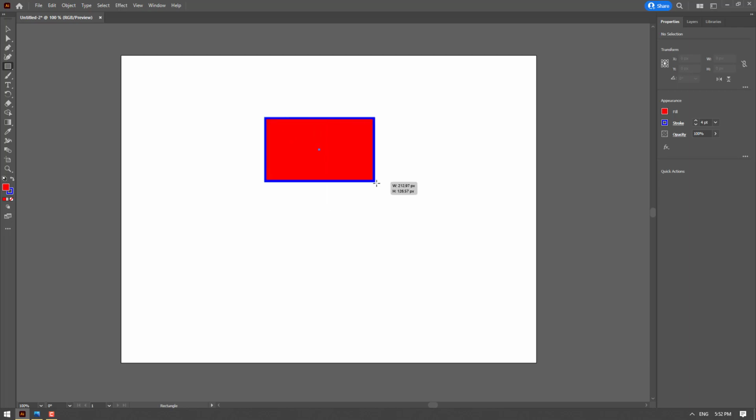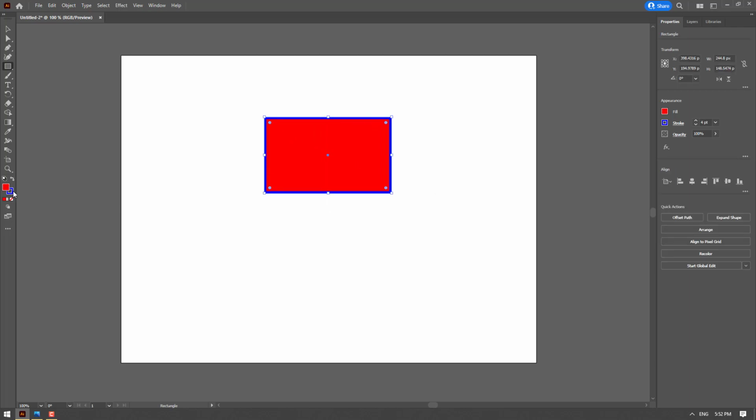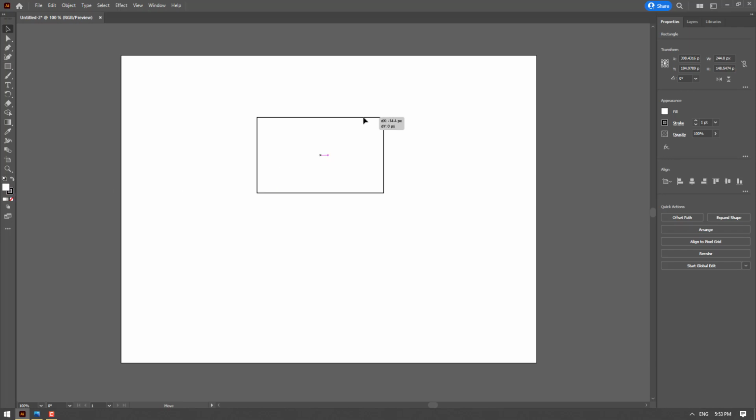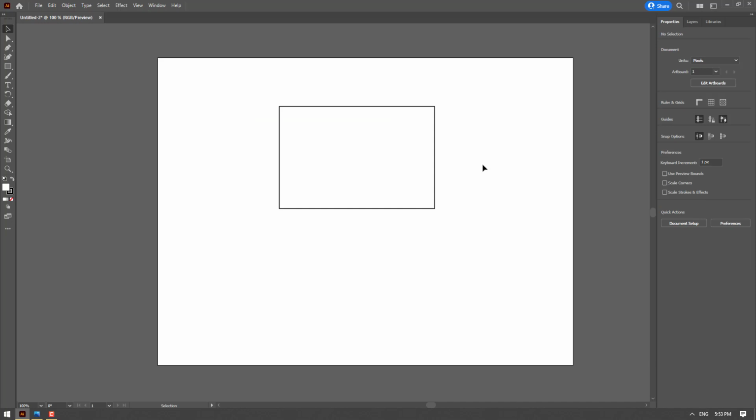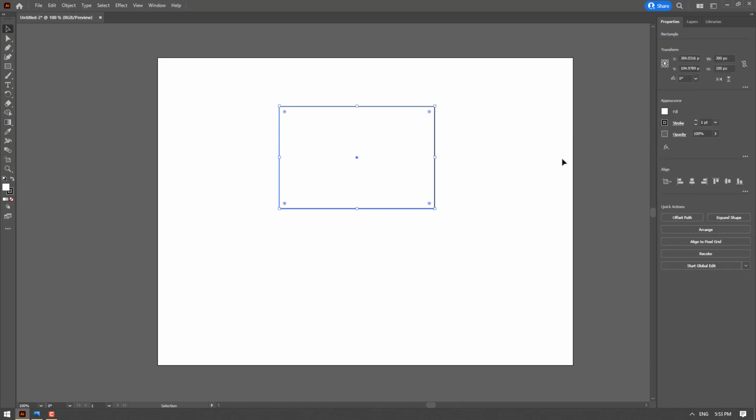So click and draw to create a rectangle. I'm gonna go to the toolbar and click on this button which is default fill and stroke, which is white and black. Let's create the monitor. So I'm gonna change the value for width to 300 and for height let's say 200. I'm trying to create a monitor which looks like an iMac, so keep that in mind. This is looking fine. I think I should reduce the size a little bit. So for height maybe 180,